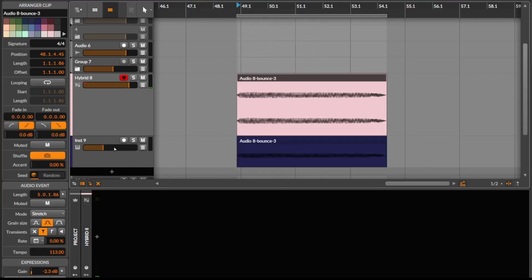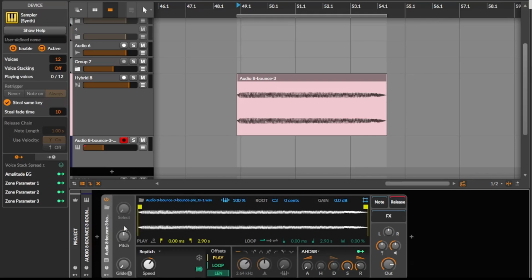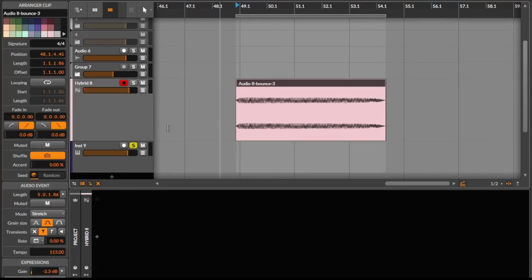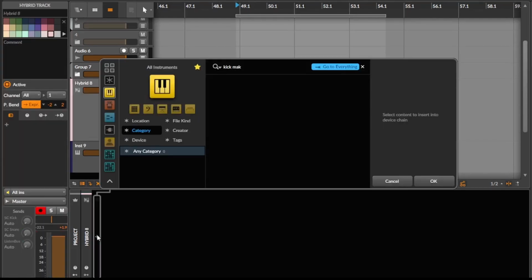If we drag this into a sampler and try to play it, let's be real, it's gonna sound a bit... Let's just turn this up. Maybe you like this kind of noise, I don't. It's a bit much. So what we can do, and there's ways to do this with plugins and with Bitwig stock,